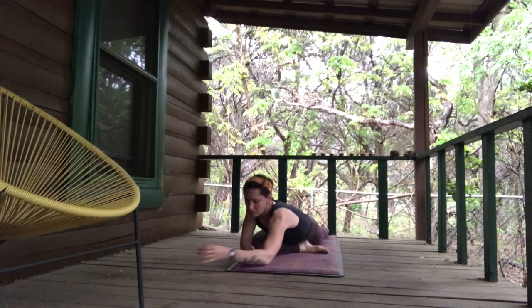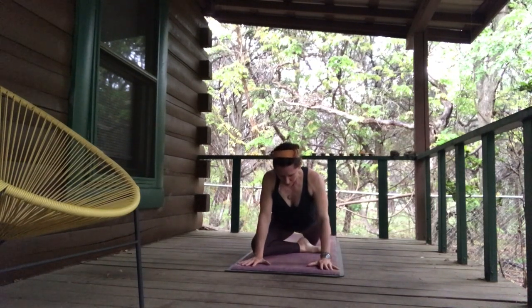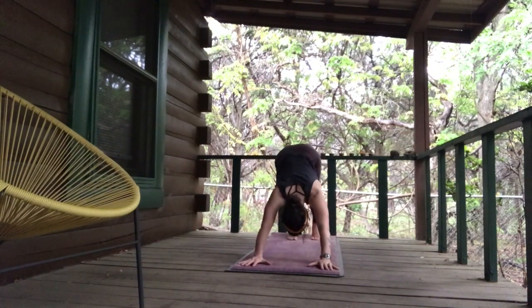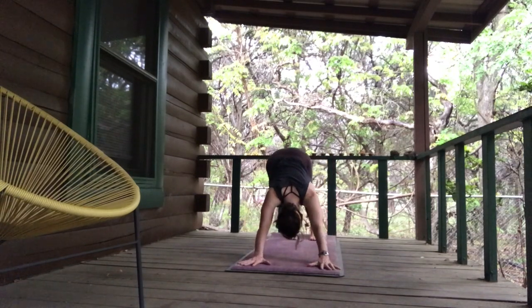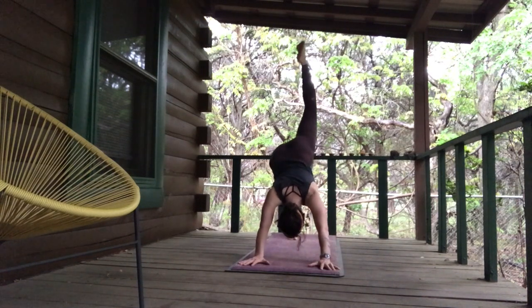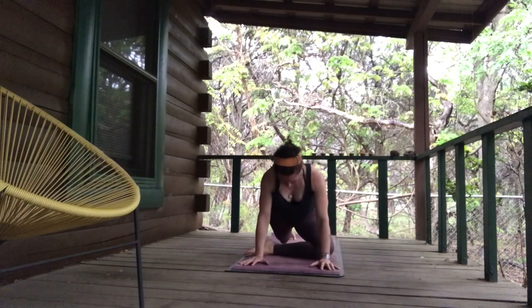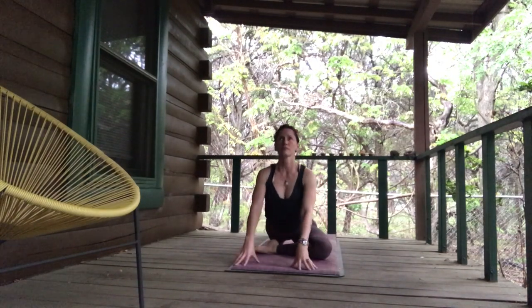And when you're ready to switch sides, bring the hands back to center, tuck the back toes, downward dog, right? Some people love a full vinyasa here, or we can just simply step it back. And then whenever you're ready, on your own time, left leg goes skyward, left knee comes through up there behind left wrist. If the left shin is not parallel to the top of your mat, then just go ahead and